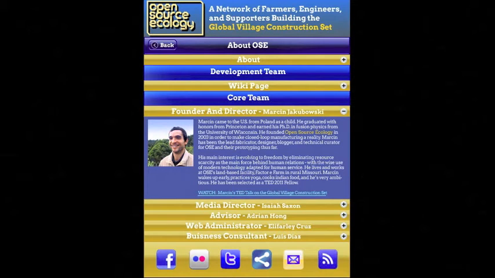Below, there is an About dropdown. This explains what OSE is all about and gives little insight onto what they are trying to accomplish. Below that is a page divider called Development Team, and this is like a mini header for the dropdown below that. Once dropped down, the above opened About page will close and the Wiki page will open. Within this, you will see a link that will take you to Open Sources Ecology's Wiki page.